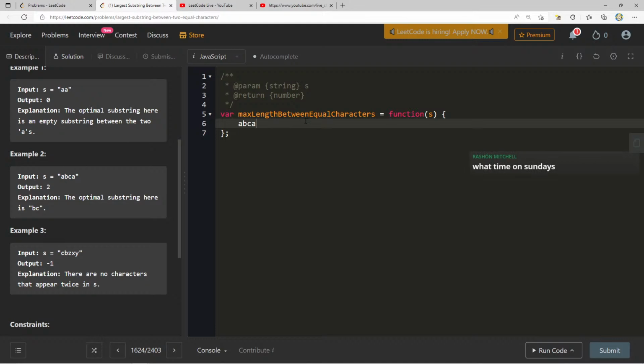ABCA XYZ XCYA or something. And even though there's an A and an A here, there's also an A and an A here. So I feel like the longest one should be this one. So how can we find that? I almost feel like